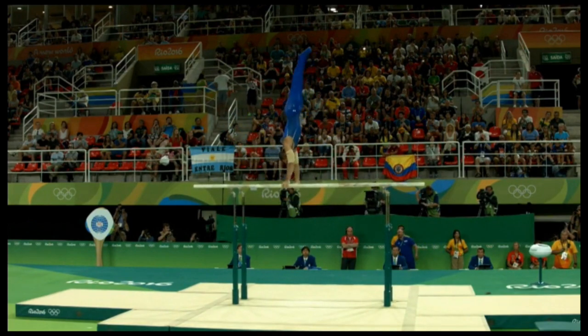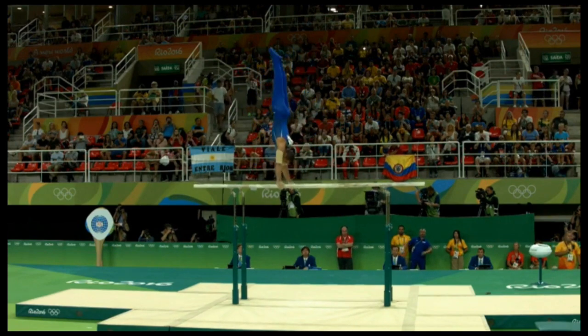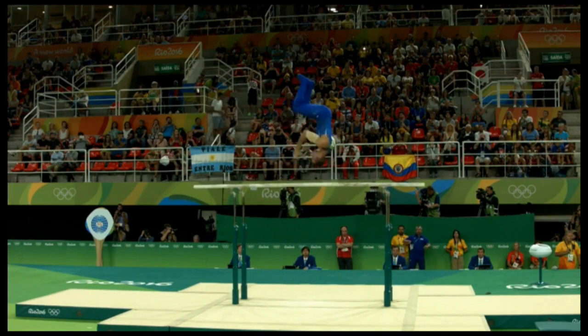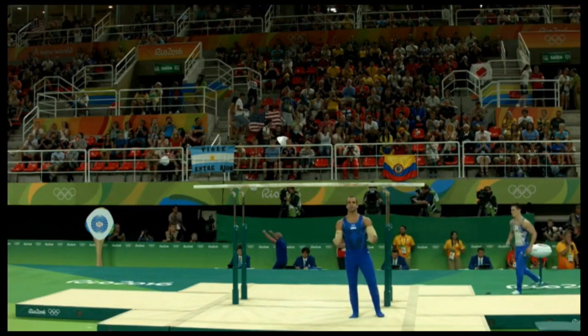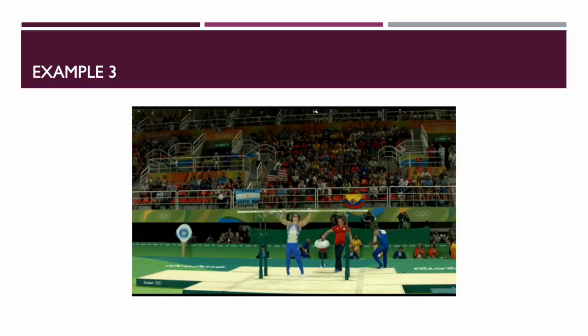We have the Dalton or Harada, I must correct. Then the Stutz to handstand and a double front dismount, which is also good for stick bonus. So the analysis of this routine is going to be very interesting because